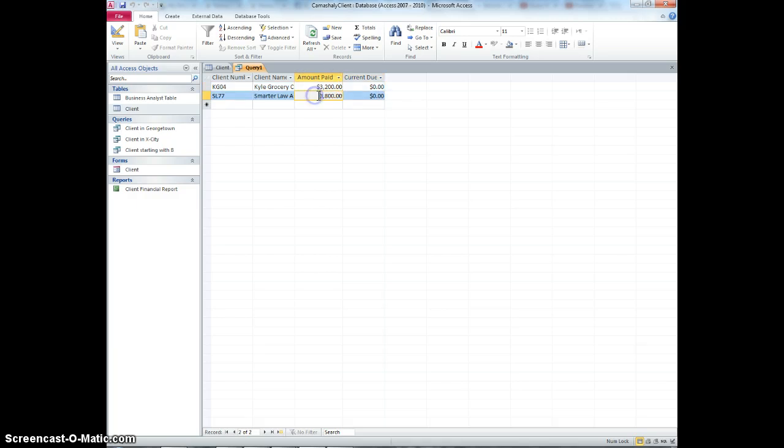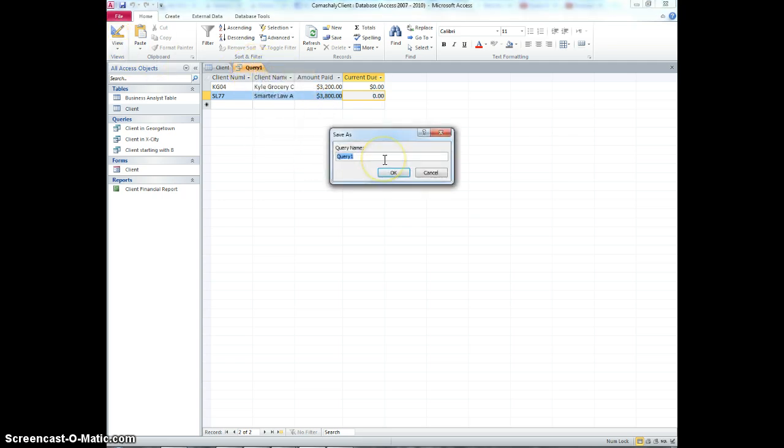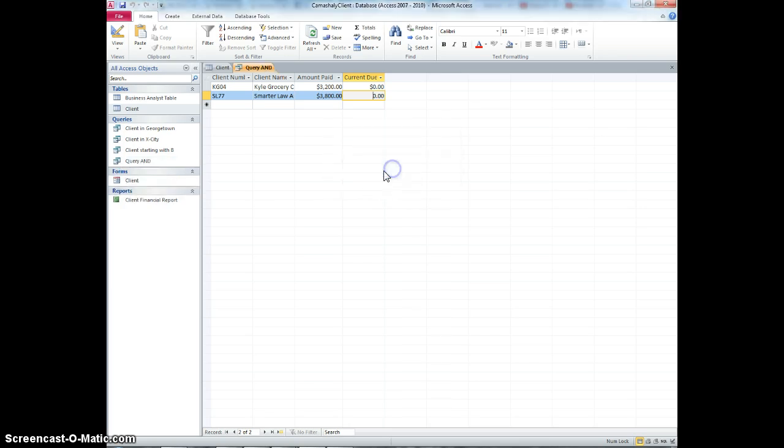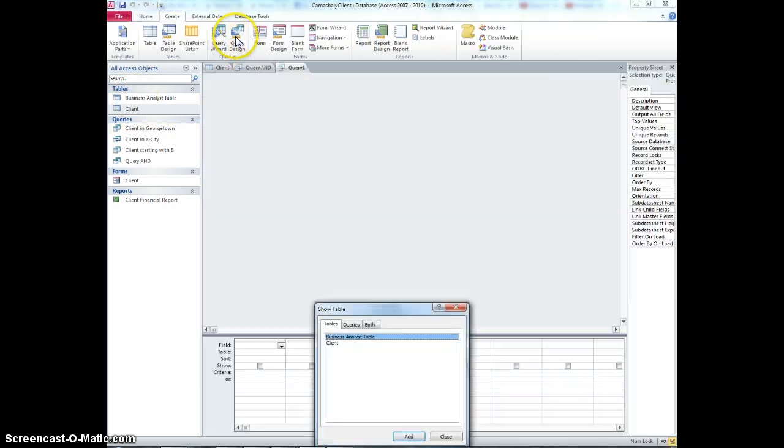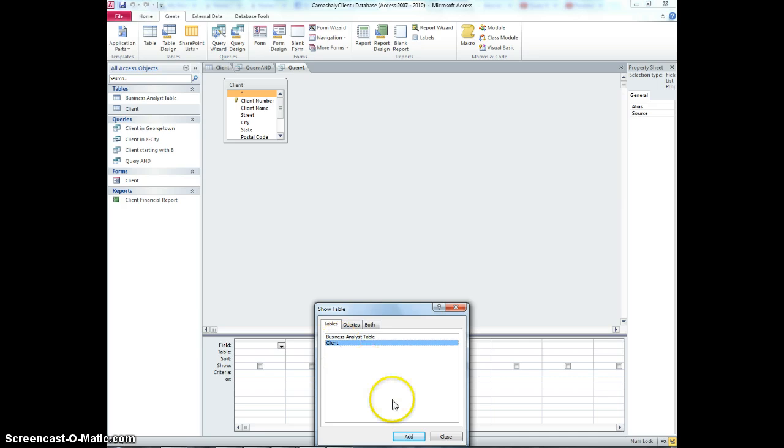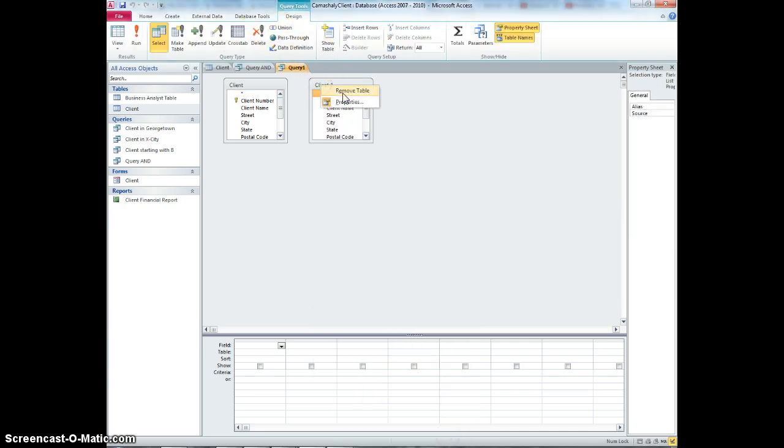Okay, and the next thing, this is using AND. If I want to use OR, let me just save this query. Save. Okay. Let me create a new one. Query design. Sorry, I don't need this table, I will just remove it. So again,